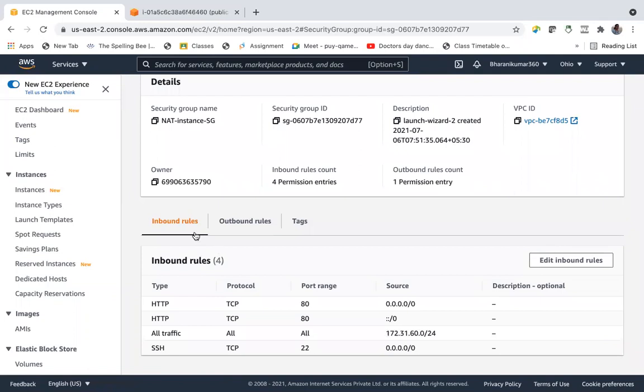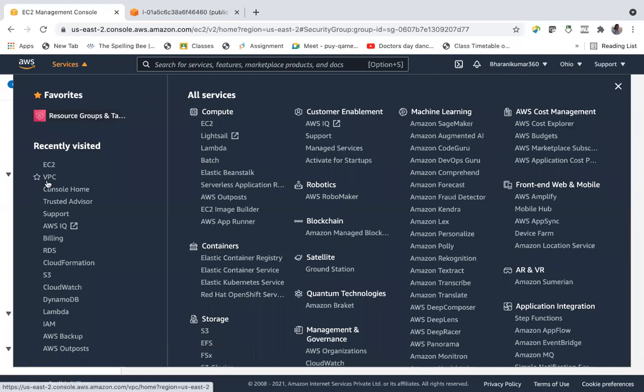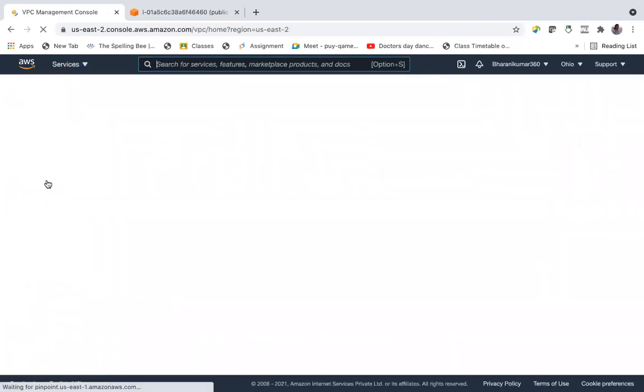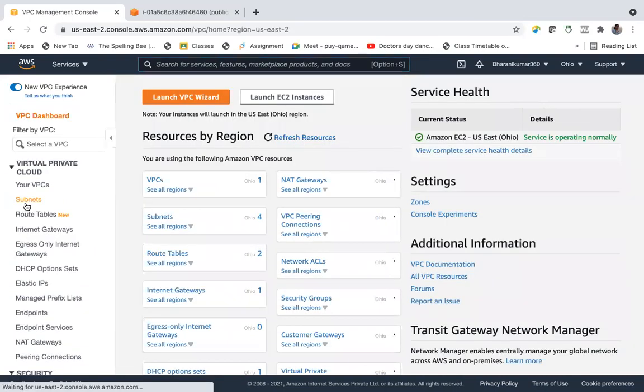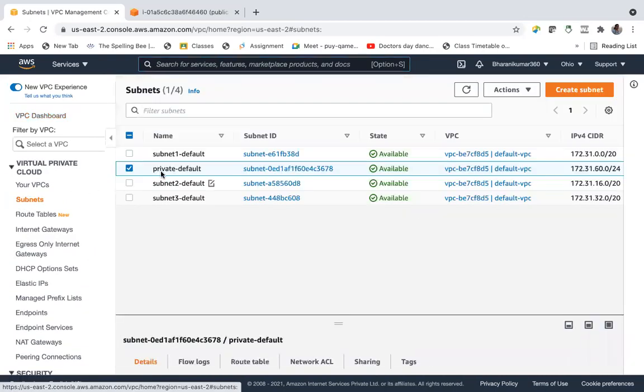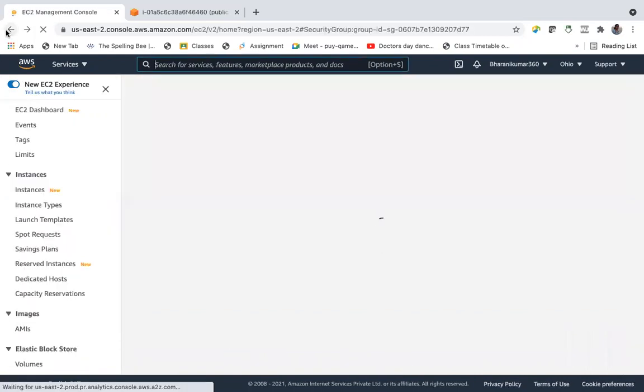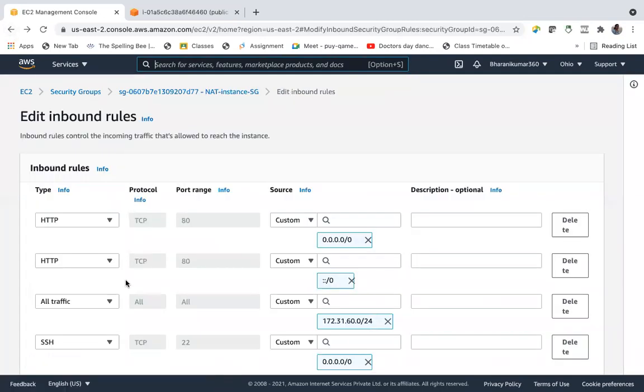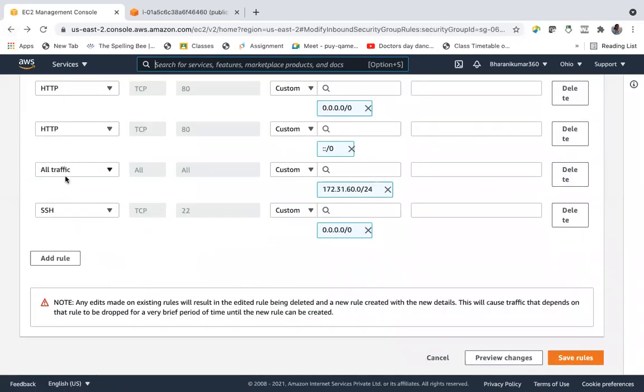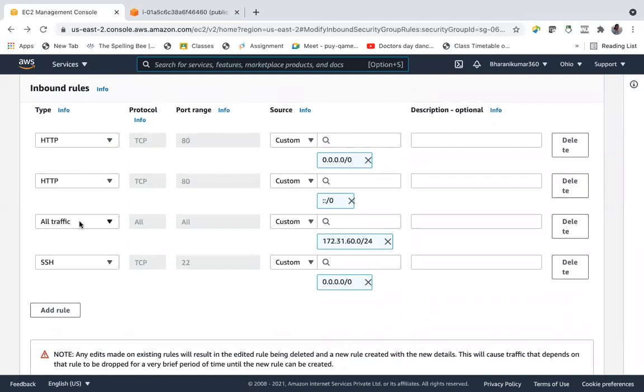This CIDR block is the CIDR block of the private subnet. This is the private subnet, right? This is the CIDR block. So with this rule, what I am saying is allow all the traffic into this EC2 instance coming from this CIDR block.